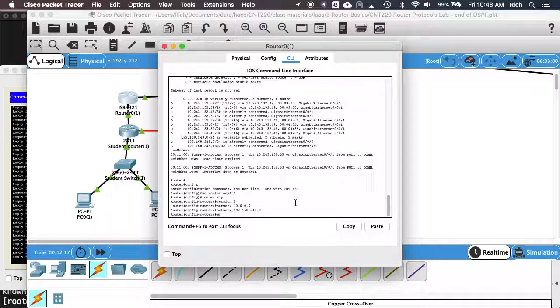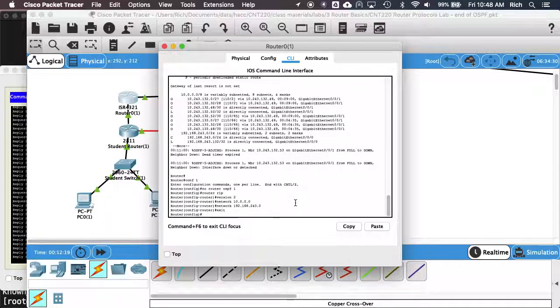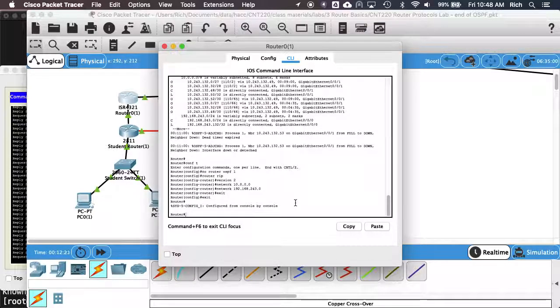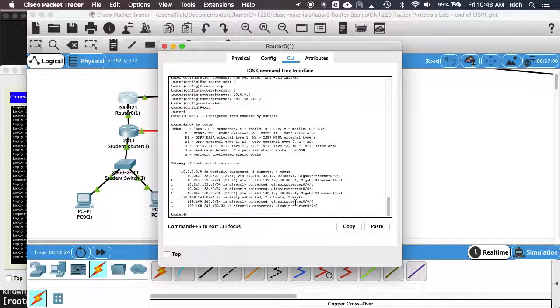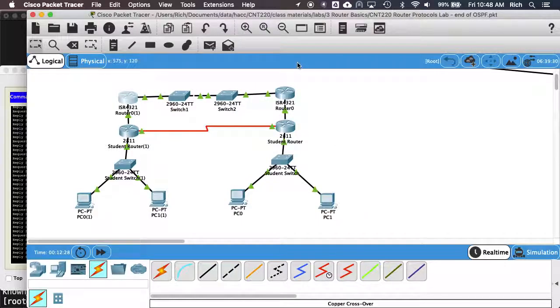So now these two routers should start exchanging routing information using RIP. We've already learned a couple routes with RIP. So you need to do that on all four routers. I'm not going to configure all four of them for you. I just did those two to show you how to do your side. Once the other person's up, they will do their side, and then we will do the same things we did with OSPF